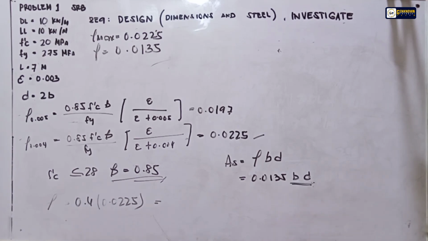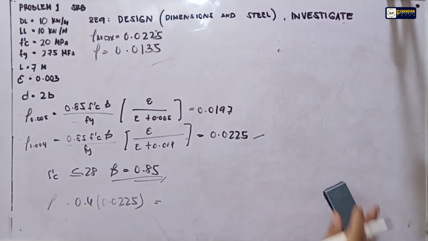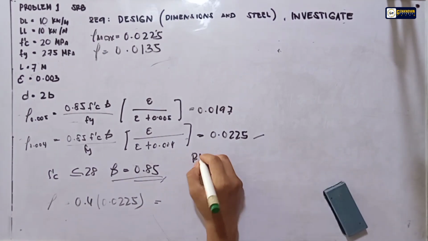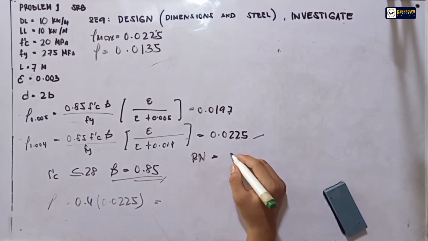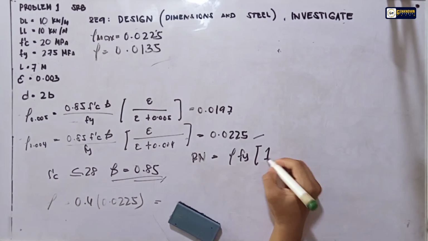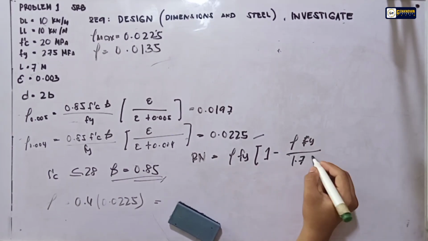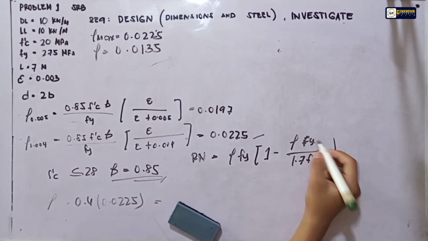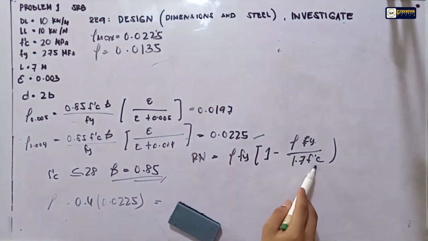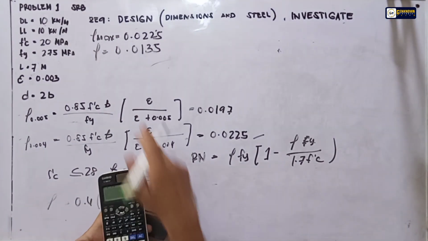So the first thing we should do is to solve for the resisting moment Rn. We have Rn is equal to rho Fy multiplied by the quantity of 1 minus rho Fy over 1.7 F prime of C. Okay, ang Fy natin is given, F prime of C natin is also given. So that's it. We have 0.0135